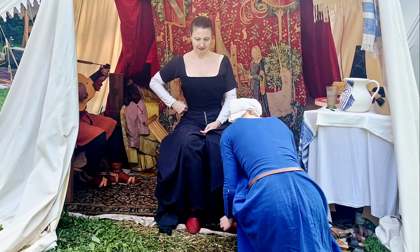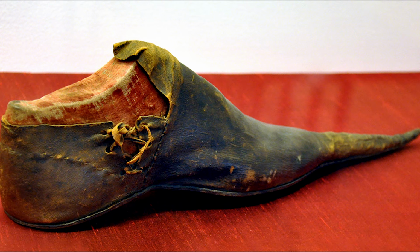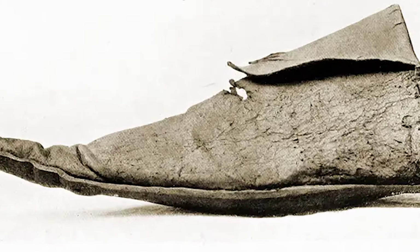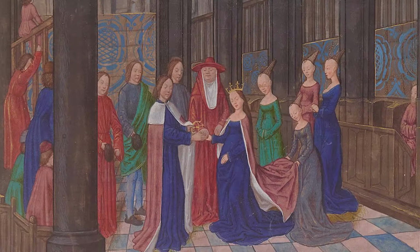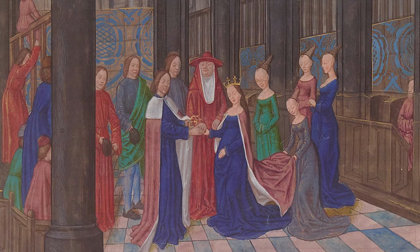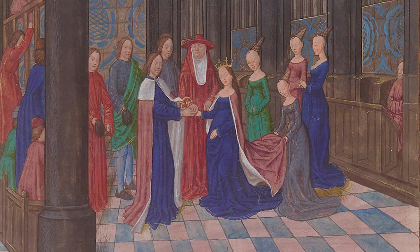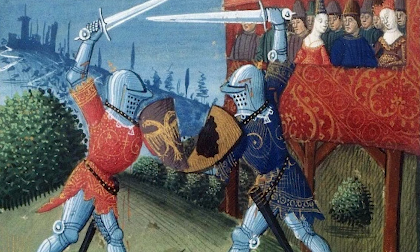I know many of you have at some point seen the attenuated shoes worn by gentlemen, what some of you may refer to as krakows or pikes, and I've heard the word poulain as well, although this seems a completely foreign word to me. Some of the English ladies in my Lady Duchess of Burgundy's train have informed me that her brother, King Edward, the fourth King of England of that name, has attempted to prevent commoners from dressing themselves as lords by enacting a law that no knight, under the state of a lord, esquire, gentleman, nor other person,